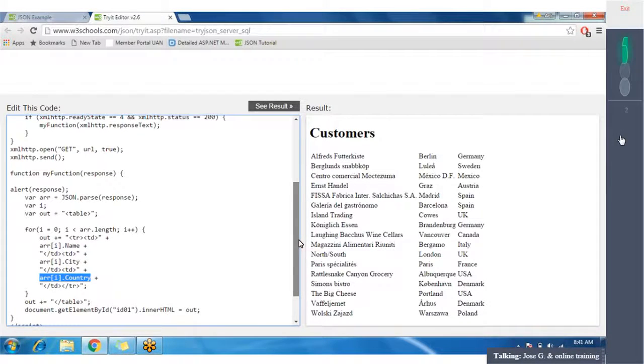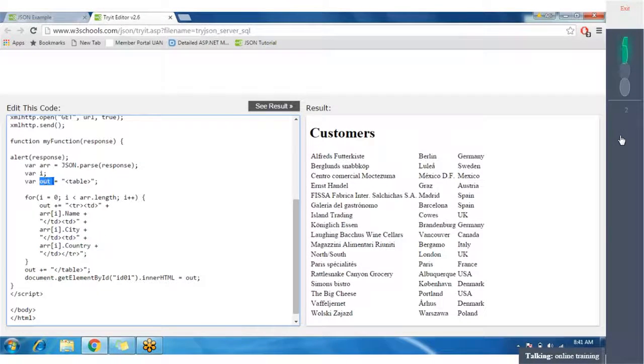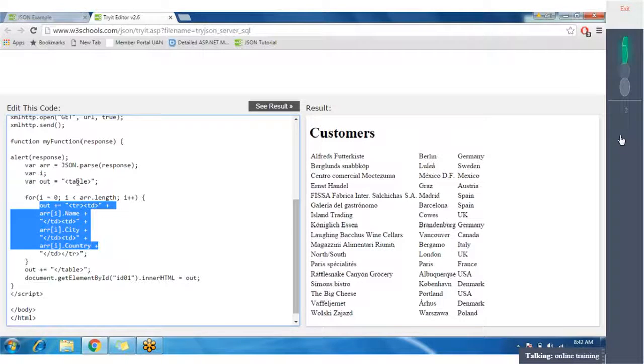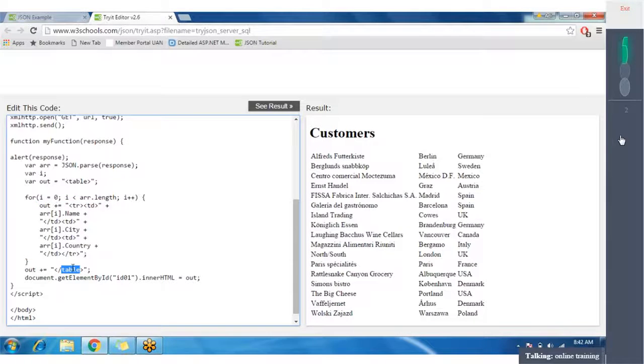Yes, this is just a string. In the string, we are adding some more TRs. So then it will have the table, then it will add TR, then for each and every record it will add TR, TR, TR, and in the last it will add the table closing tag.